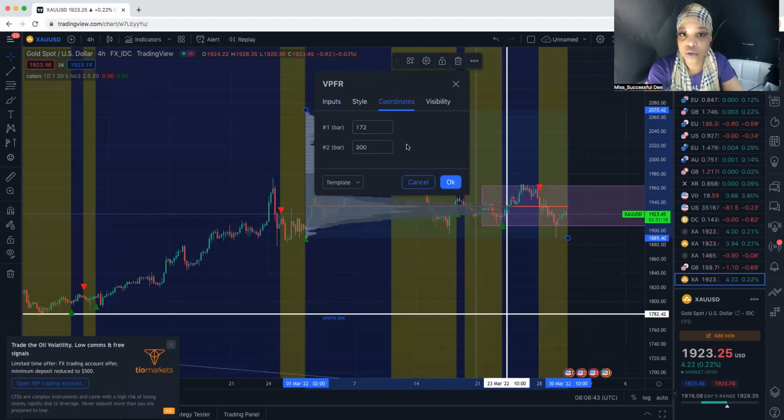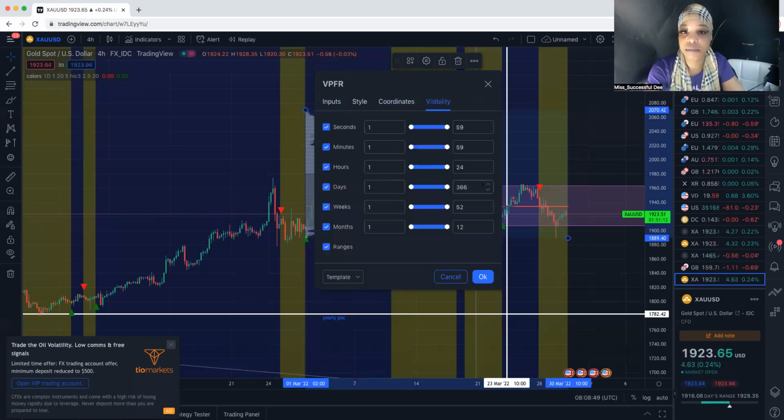And your coordinates will basically stay the same. Okay, visibility, you don't need to change anything on the visibility unless you want to. You can turn these all off if you really want to, but to me, it doesn't really matter. So once you've paused the video and taken those,